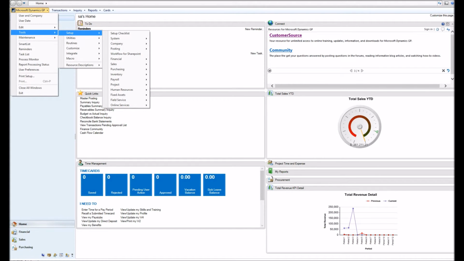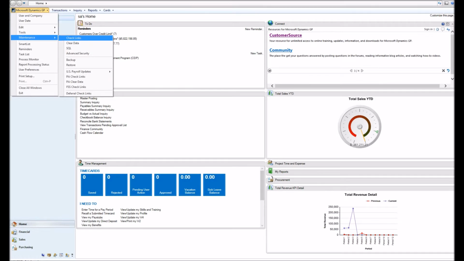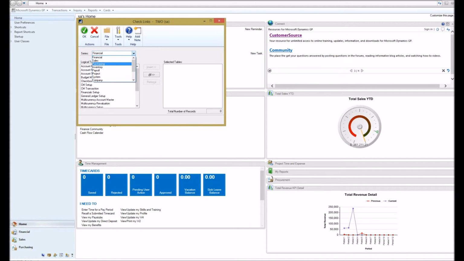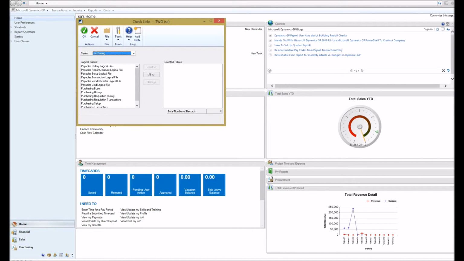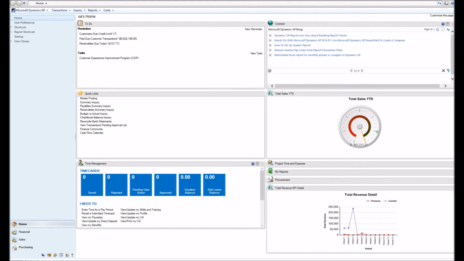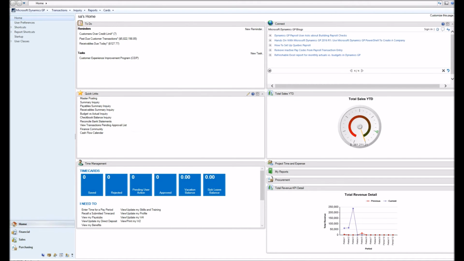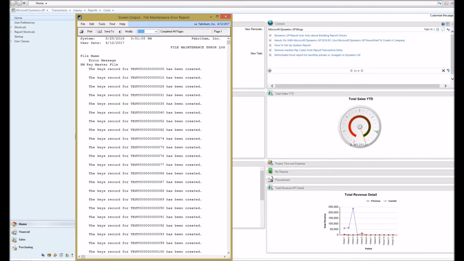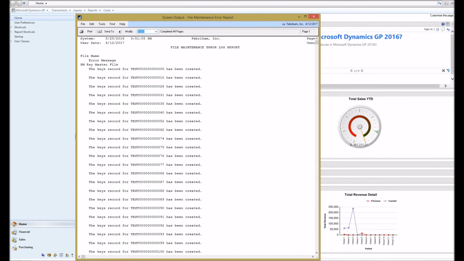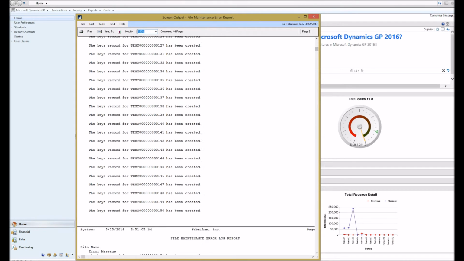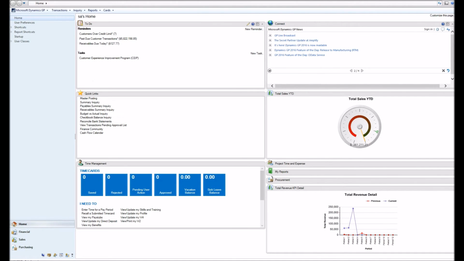beginning with CheckLinks. It will take a while. I'll just cut the process in the video and show you the final results report. Okay, as you can see, it actually appends the missing records into the PM key master file. Okay, and then the second step in